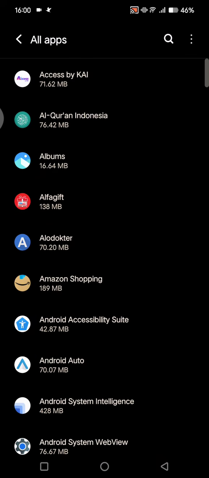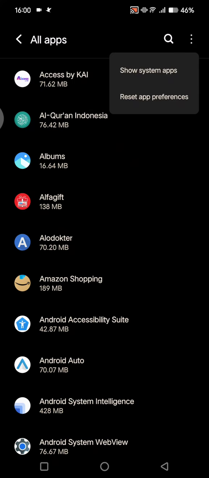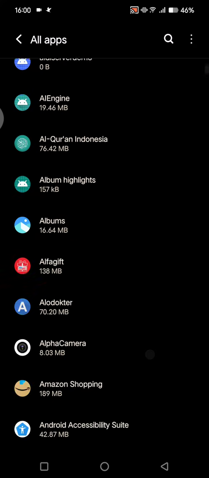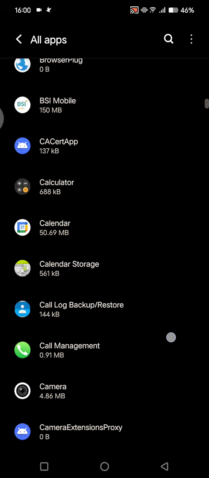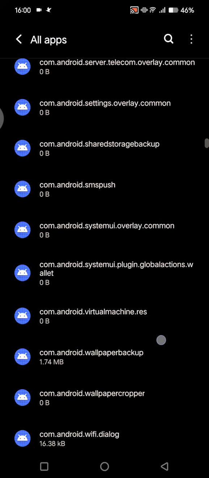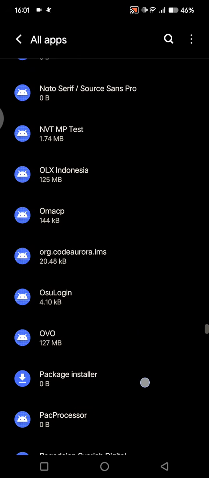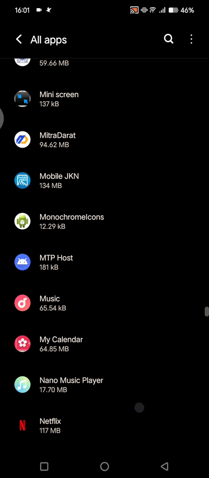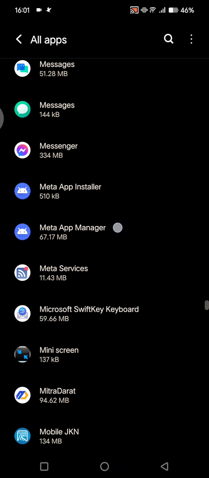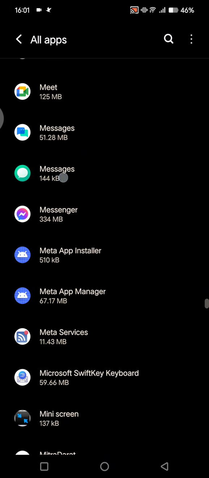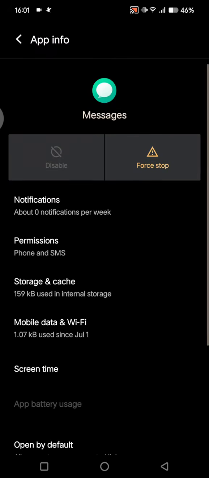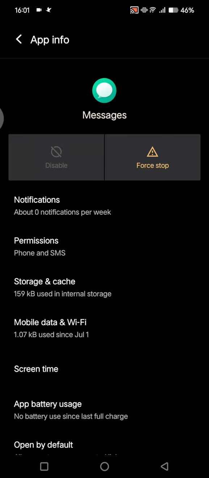Because it's a default app, you need to click on the three dots icon first, and here click on the show system apps, and then just scroll down until you find the messages app. Let's scroll down. Okay, this one, messages. So just tap on that,